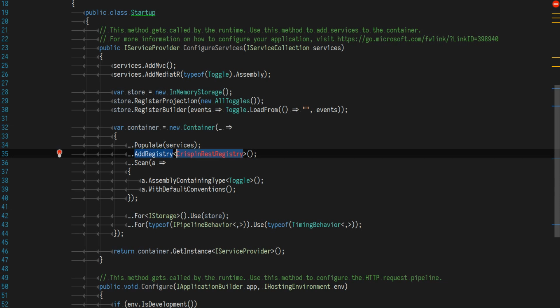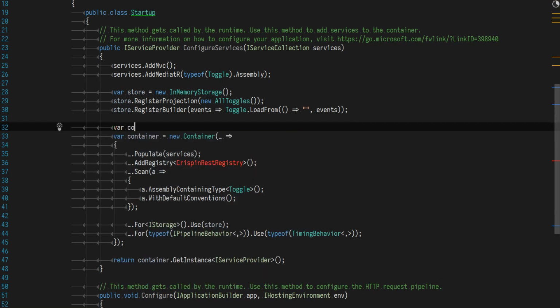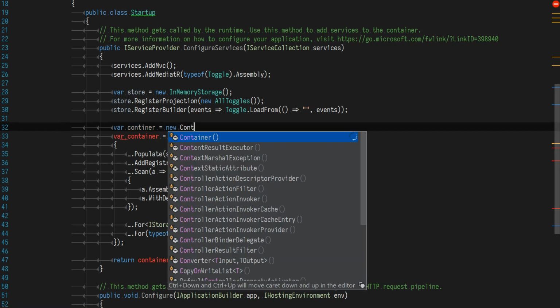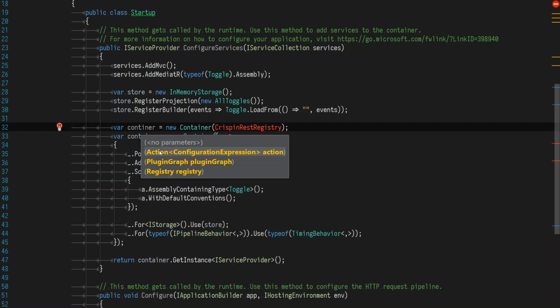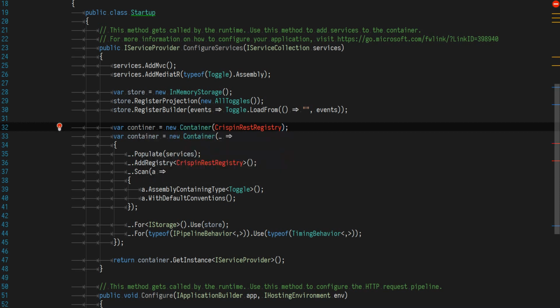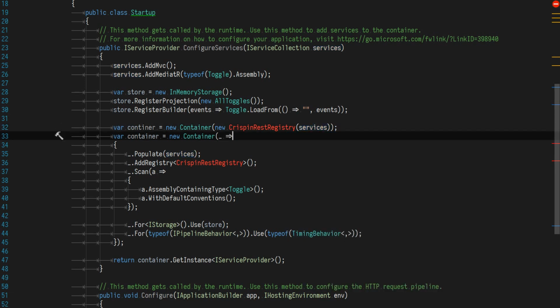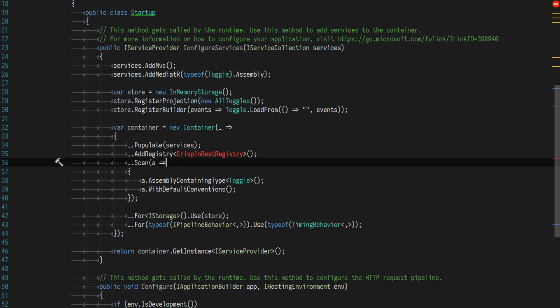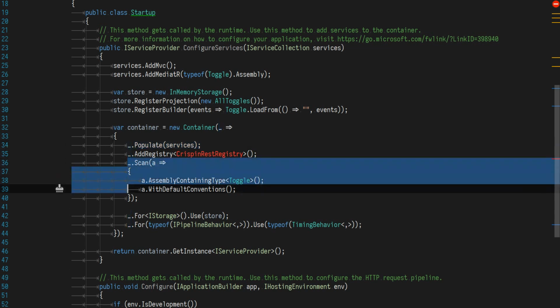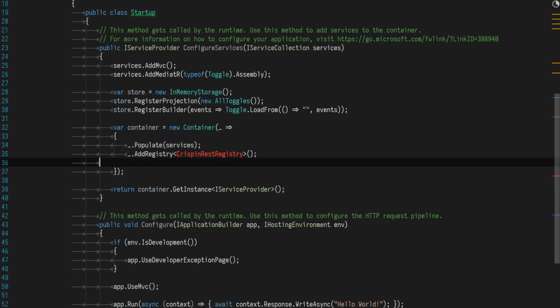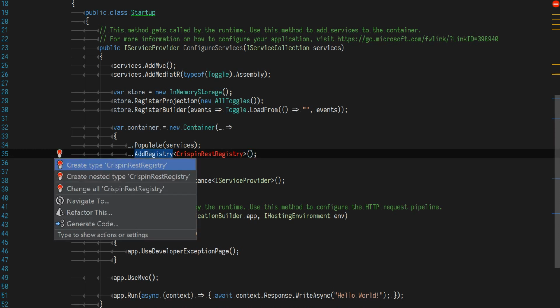Or you can put the whole thing in and just create a new container by doing var container equals new container, and either passing in the type, or you can create an instance and then we'd be able to pass the services in like that. I think I'm going to do it this way around because that leaves it explicit that the services are being handled outside the registry. So we shall take this part, cut that out of the way, create a new class,